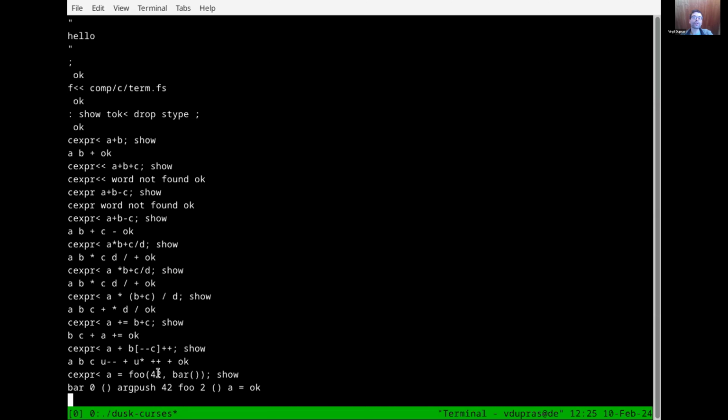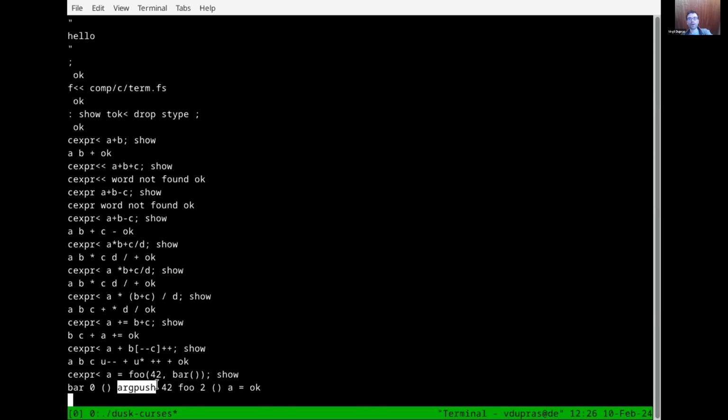So this is what happens there, and it happens in reverse order because of the calling convention in Dusk. So all arguments are reversed during the sequencing. So we begin with a call to bar that has no argument. So this is the operator for function calling, and this is the number of arguments that will be consumed by the call, and then the name of the identifier.